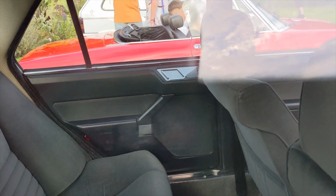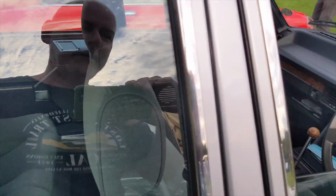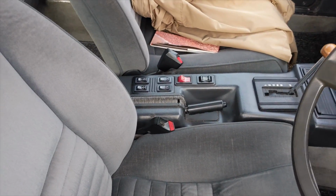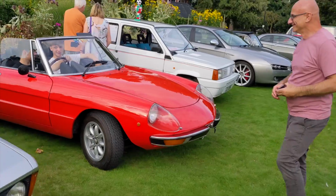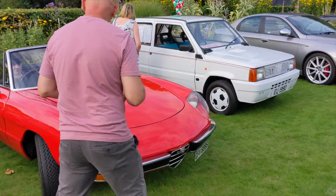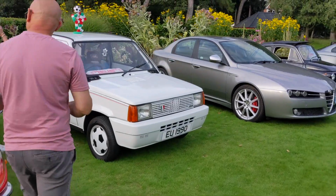Yeah, because I'm just looking in the back, and even though you get an ashtray, you don't get an electric window switch in the back. You only get electric window switches just there. Italian. Another Spider with a cam tail. Then we have